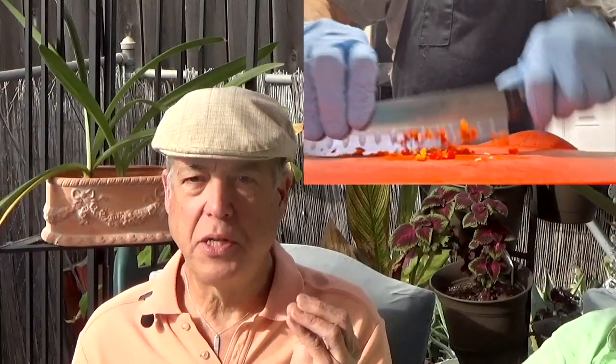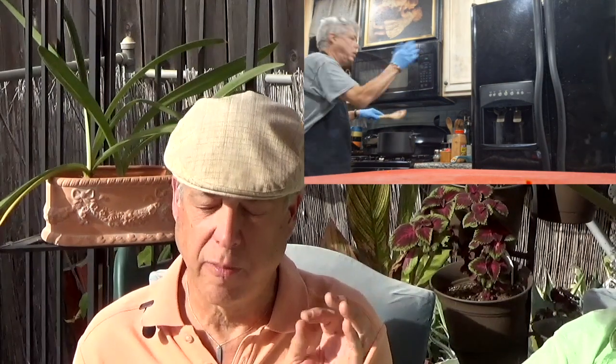I used some in a chili this weekend. I put 2 or 3. I'll put some video here showing you. And it was a really good heat. Now, I like things very spicy. For most people, this would probably be way too hot. But for me, it was a good, slow build. And again, just 2 or 3 of those in a whole pot of chili, like a gallon of chili, was